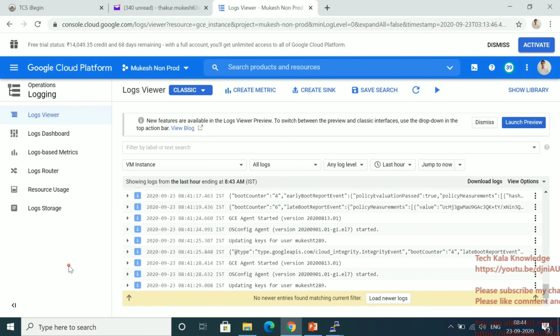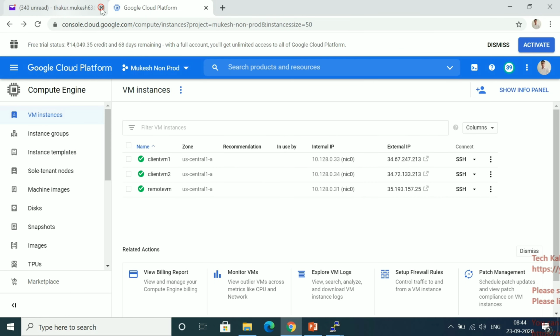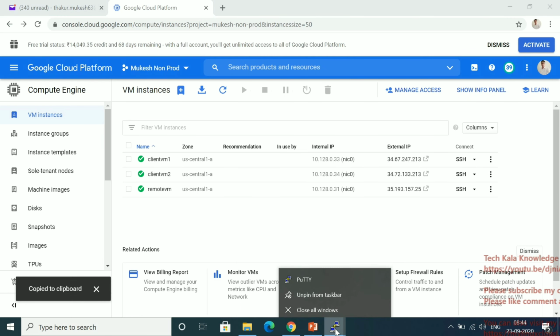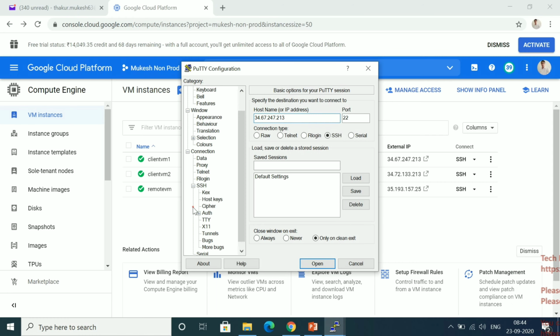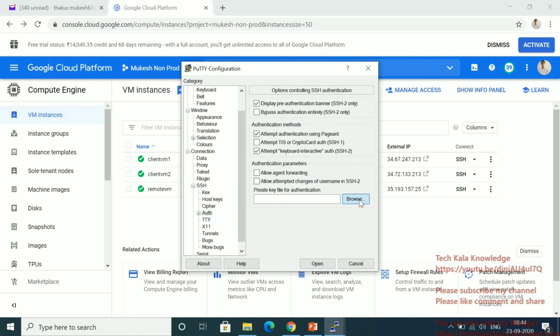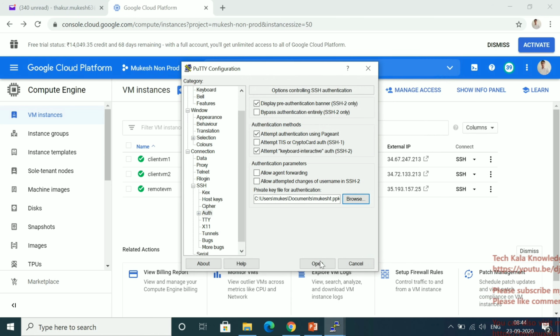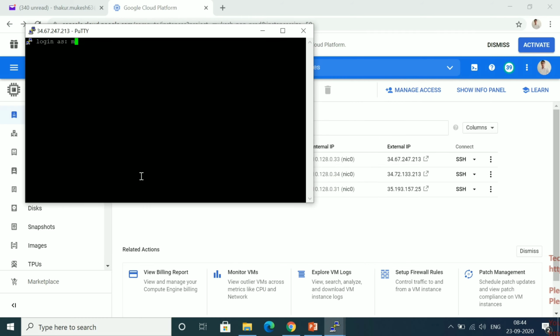Now let me go to the third machine. I have to do the same thing for this one also. Give the user ID.